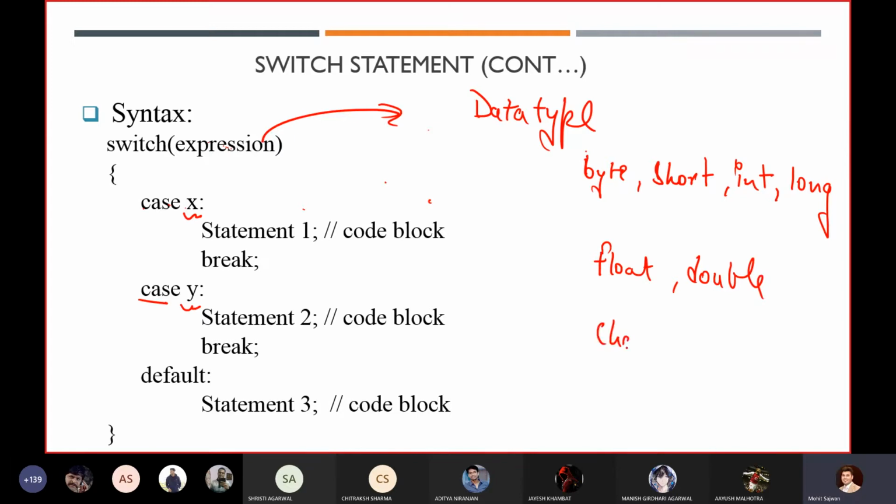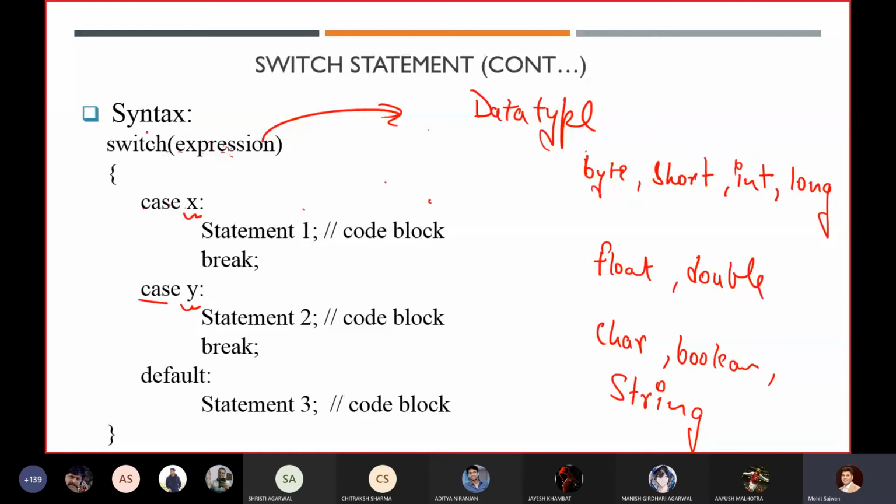Then we have gone through char and boolean, and the last one, String, we haven't discussed in detail because it is a class, but we have an idea about what a string is. So in the switch statement, what kind of data type can it take?